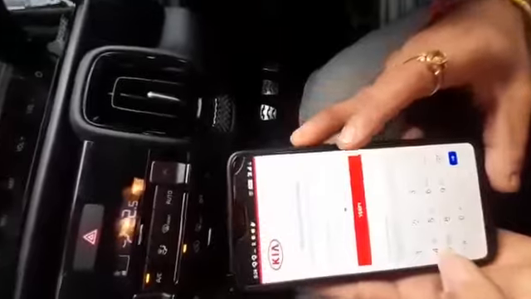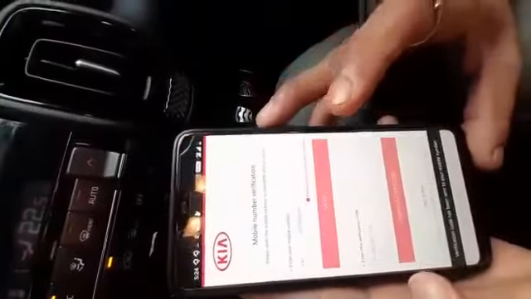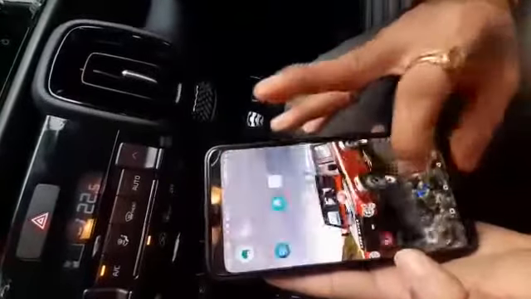Then you will get one OTP on your number. So I'm just checking the OTP.